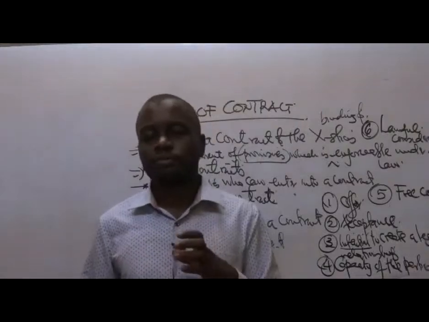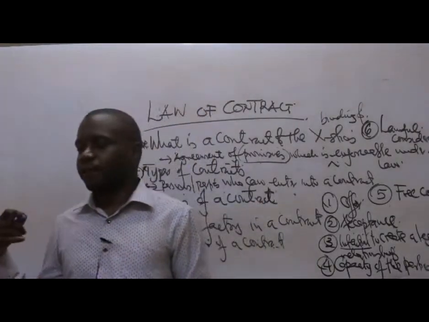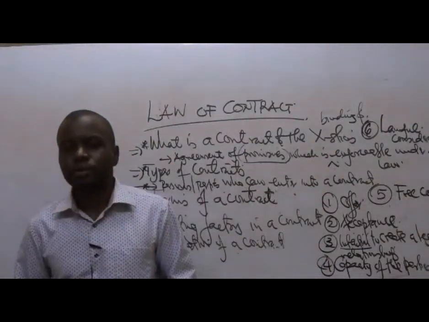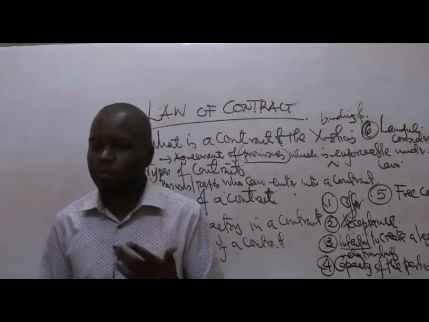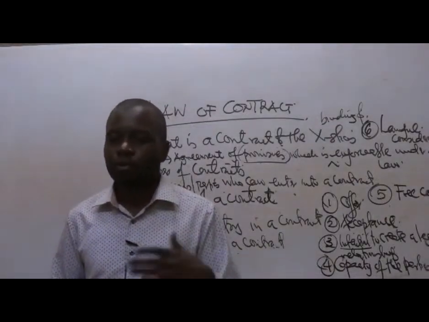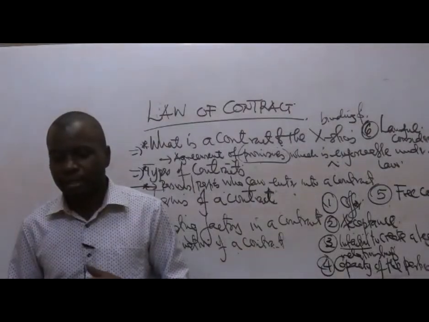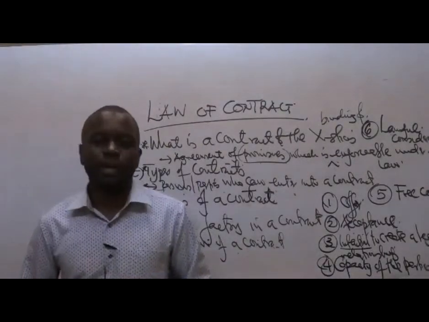There should be some form of consideration, the price that the other party is actually paying. The lady is going to leave the parents. So that is some of the price that she is actually going to pay: leave the parents and basically go to stay with the husband. On the other hand, the man is actually going to pay for